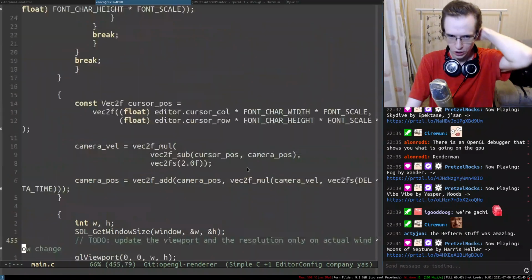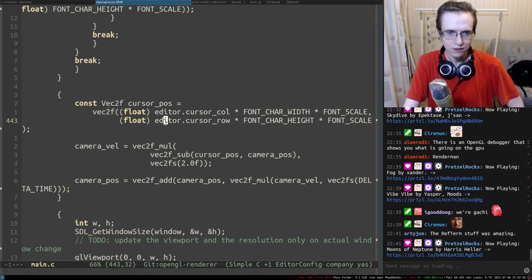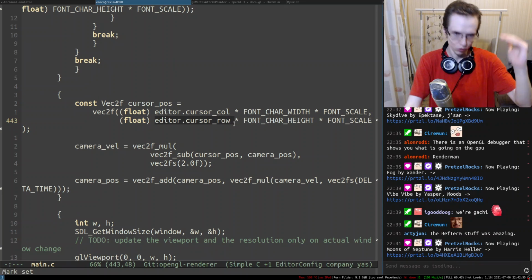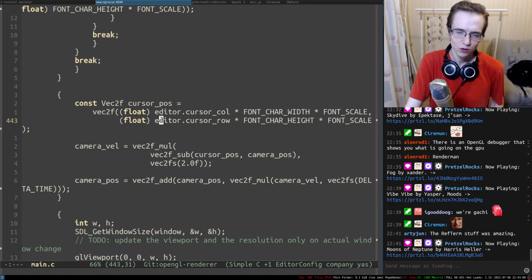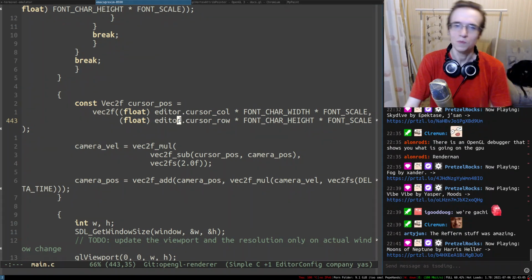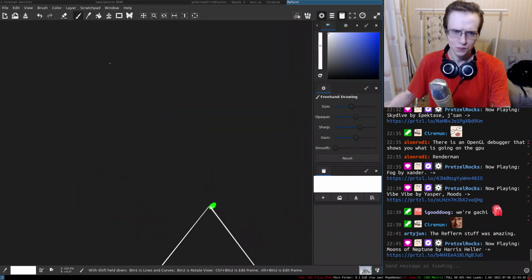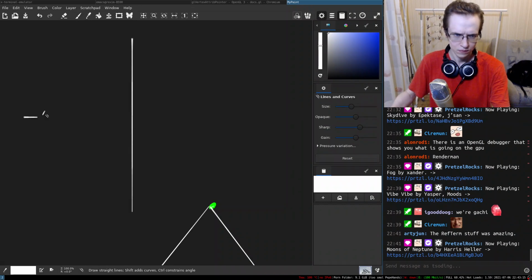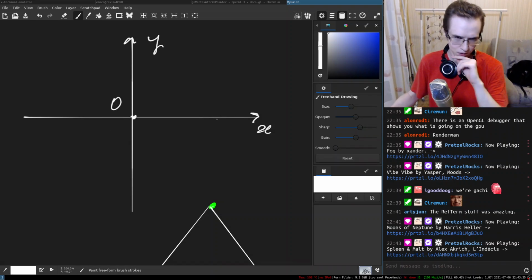Alrighty, what do we have? We have a not working code, which is pretty sad, not gonna lie. So what we have in here is rows and columns, right? And essentially, rows have to go to negative, if I understand correctly. Let me try to understand this. So this is X and this is Y, and this is 0.